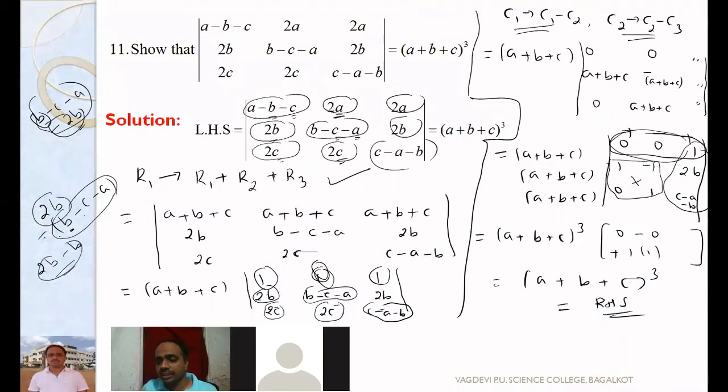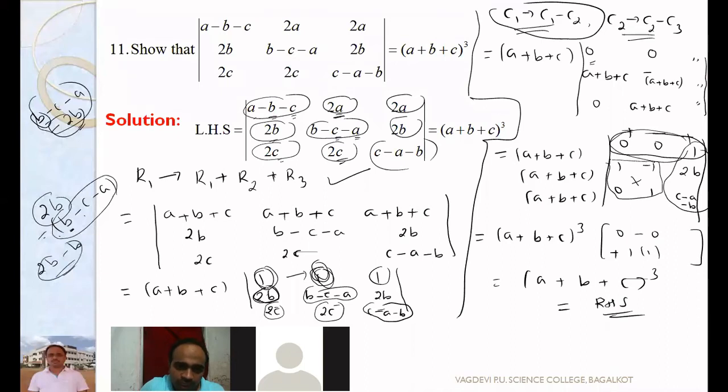Okay. So what he's asking is how we get A plus B plus C here when you do C1 minus C2. I'll explain once again. C1 minus C2 I have written. What is the first element in C1? 1. And the first element in C2? 1. So 1 minus 1 is 0. I have written 0 here. Correct? And next, you have to be very careful.